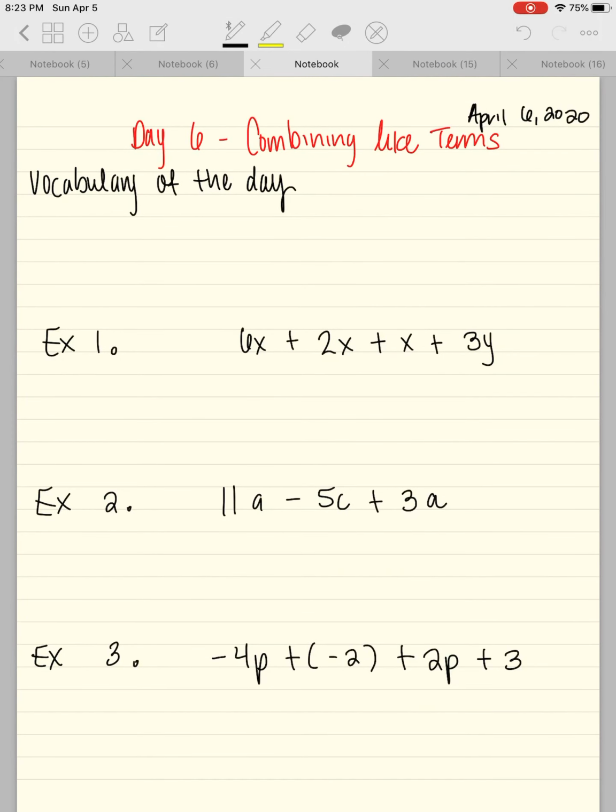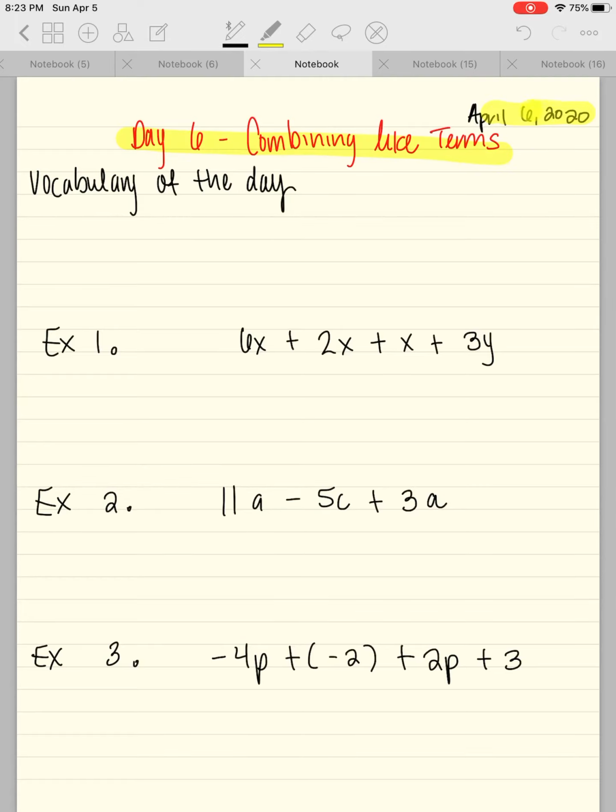As mentioned today in our meeting, today's objective is we're going to be going over combining like terms, and I'm going to go ahead and take you through three different examples that you will be seeing today in your Khan Academy assignments. Before we begin, make sure that you write on your notes in your notebook day 6, combining like